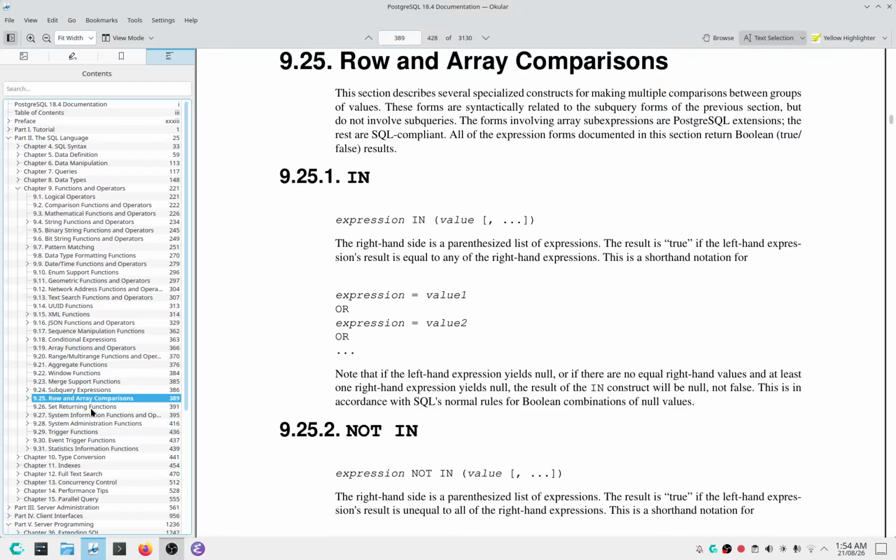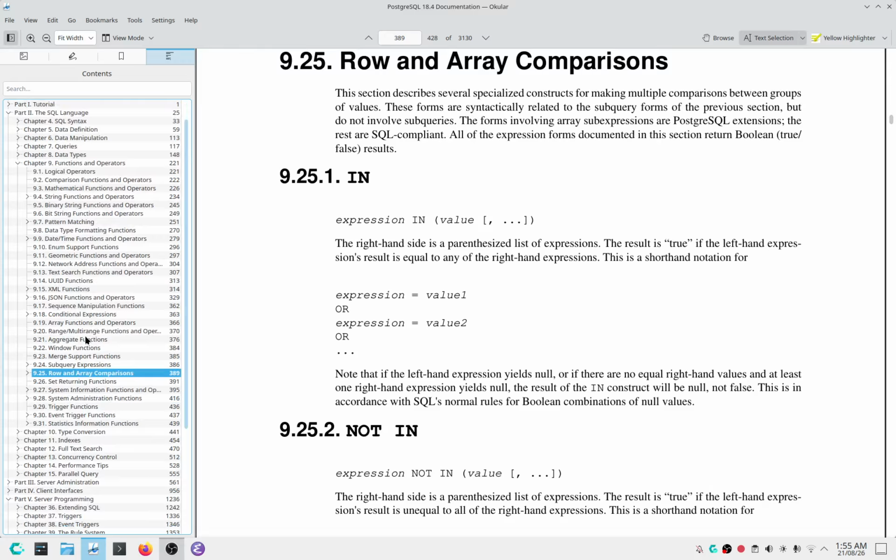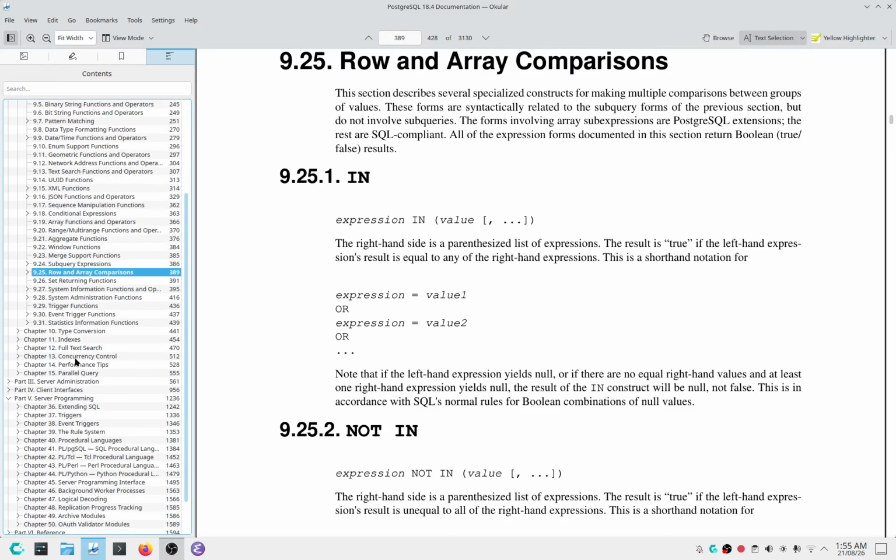So I will let you read those on your own, and we will take a detour back to what we were doing, that is querying. And we will do lots of examples, okay? So from this theoretical side, we'll take a detour and we'll go on the practical side. We'll do a lot of querying. And once we are done with the querying, we will come back to this document again, okay? And then we will cover